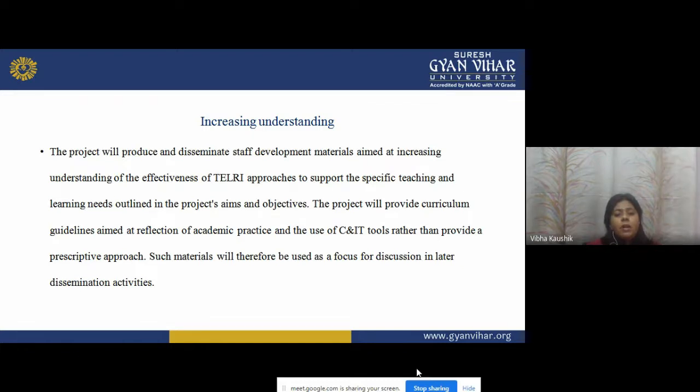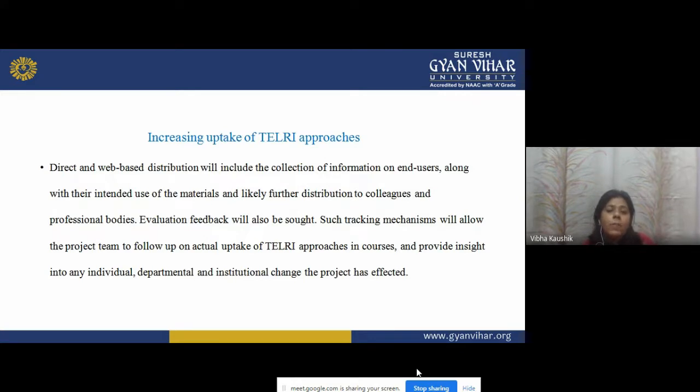The project will provide curriculum guidelines aimed at reflections of academic practices. Now, academic practices are related to all the activities used by the teacher for the upliftment of the learners, and the use of ICT tools, rather than providing a prescriptive approach. Such material will therefore be used as a focus for discussion in later dissemination activity. It means that material will be the main area for discussion in later dissemination activities related to the curriculum. Now, the third one is increasing uptake of